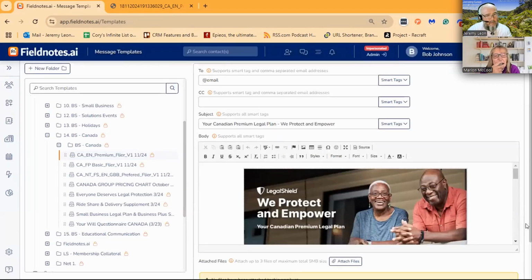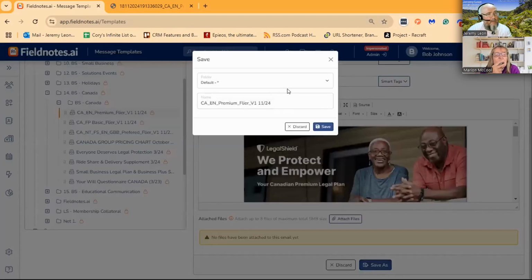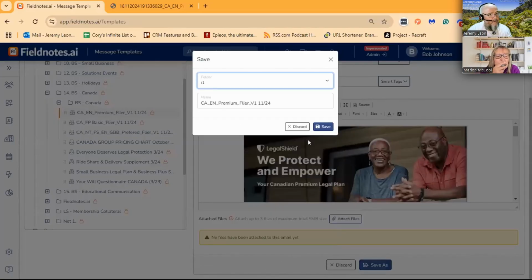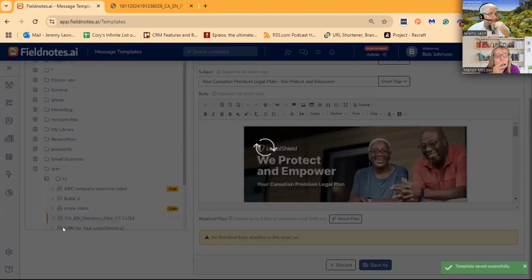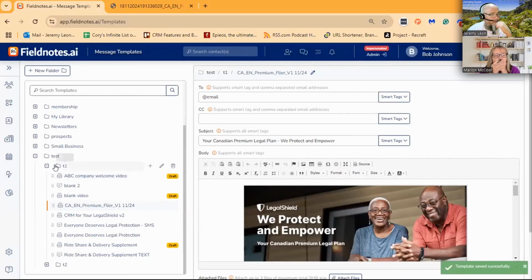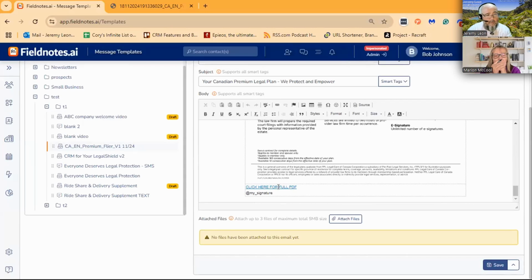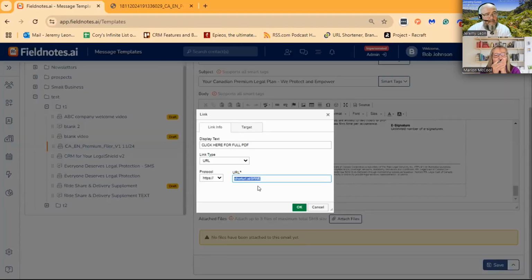And all I have to do is save as and find my test folder, and I can put it in T1. We can hit save. And now all the way down in T1, here she is. Here is my copy, right? But I want to not use this one because this one doesn't have, right? So you can right click it, and then you can get to edit links. And this is where you want to switch out the file. This is where you want to switch out the file.